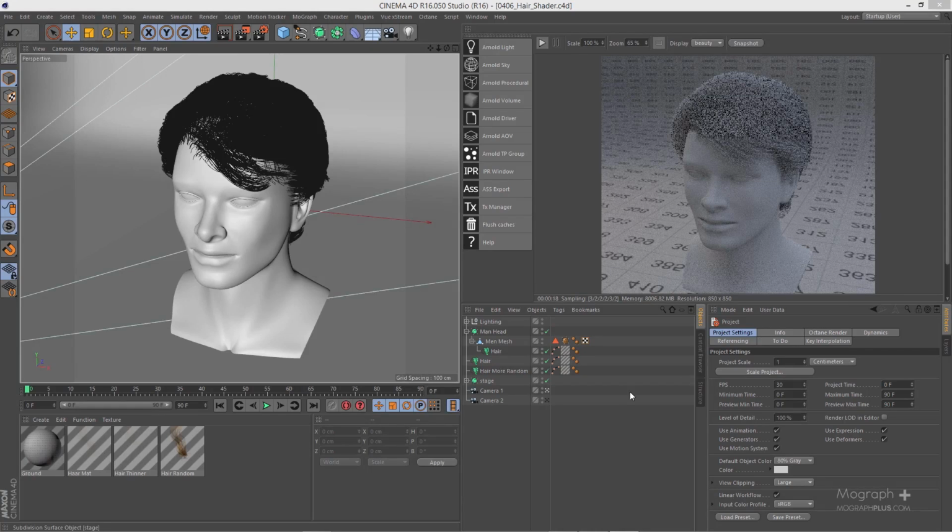Okay folks, in this lesson we learn about Arnold's hair shader. This is the scene we are going to be working with. You can find this model in your Conan browser. Now, to see different aspects of the hair a bit better, I am going to hide the head and deal